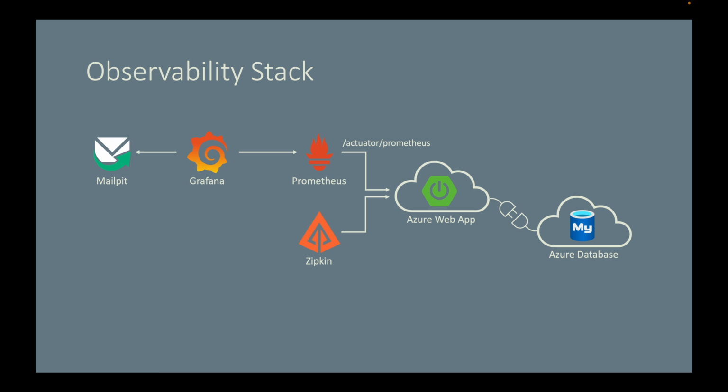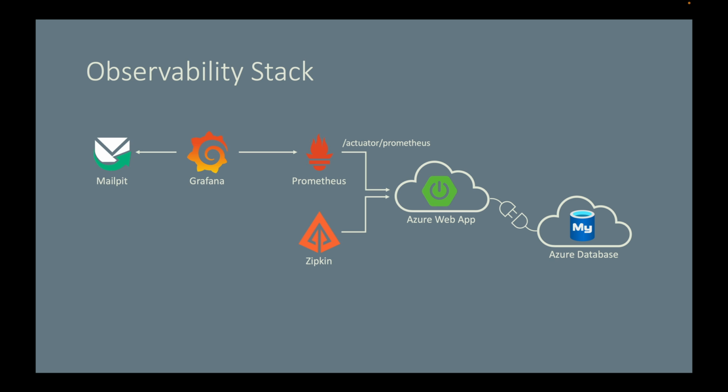Spring Boot Actuator exposes various endpoints to monitor and interact with the application. Endpoints like health, info, metrics, environment, and more can be used to observe the application's state. On top of the Spring Boot Actuator, we built this observability stack using Prometheus to collect metrics in its time series database, using Grafana to visualize metrics in dashboards and send alert emails when bad things happen, and using Zipkin